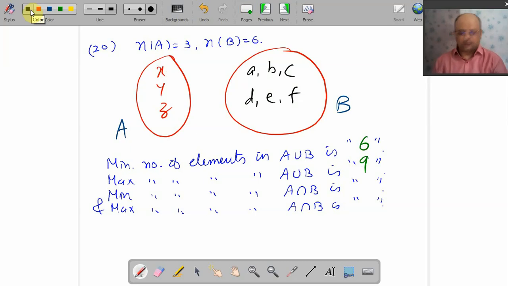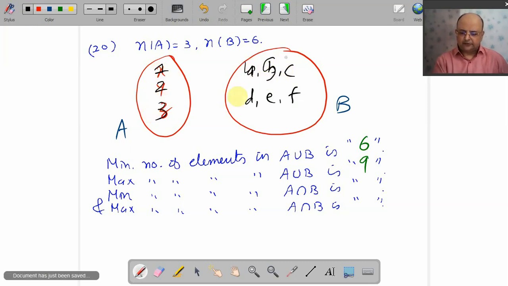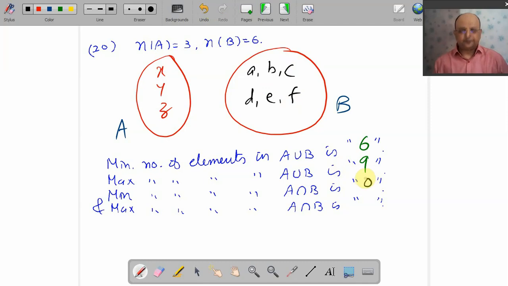It is logic, so use your brain a little. Now, minimum number of elements in A intersection B. Nothing should be common. This is 1, 2, 3 and this is 4, 5, 6, 7, 8, 9. Nothing is common. So what will you say? Minimum number of elements in A intersection B is 0 and maximum number of elements in this set is 3,